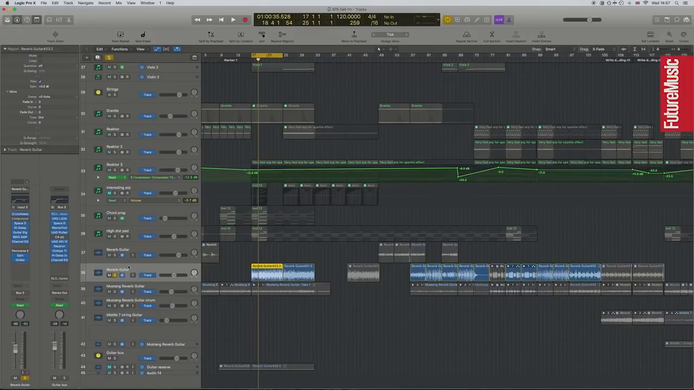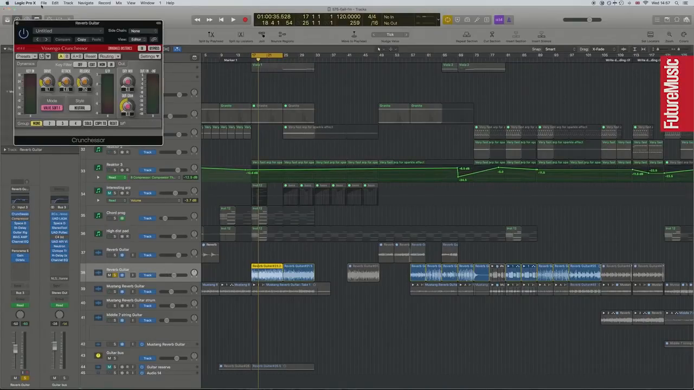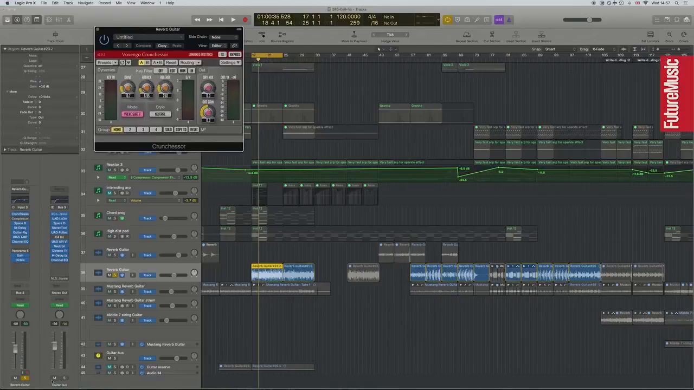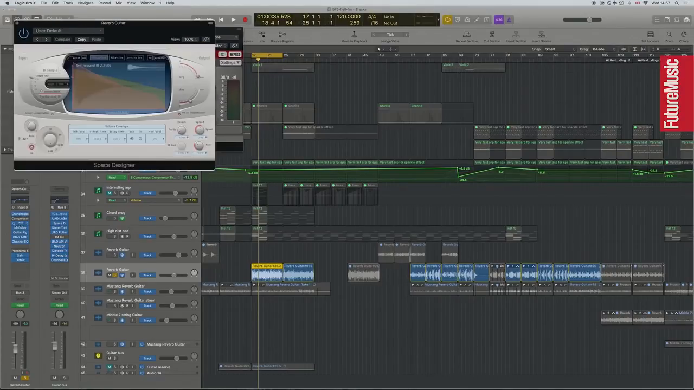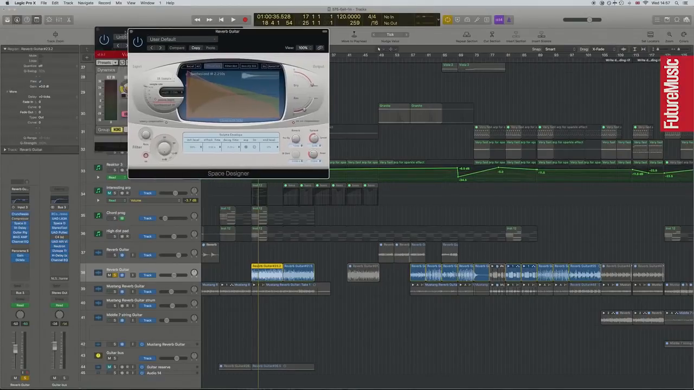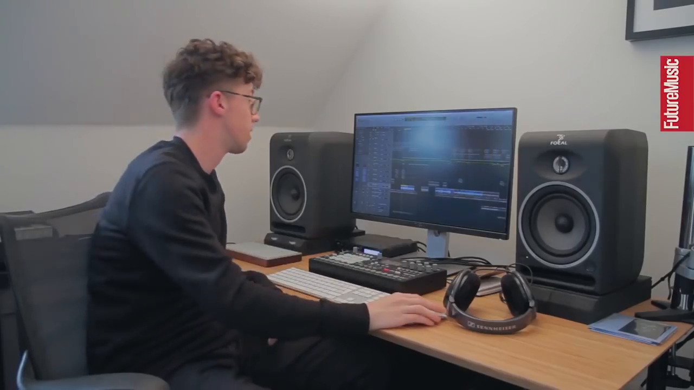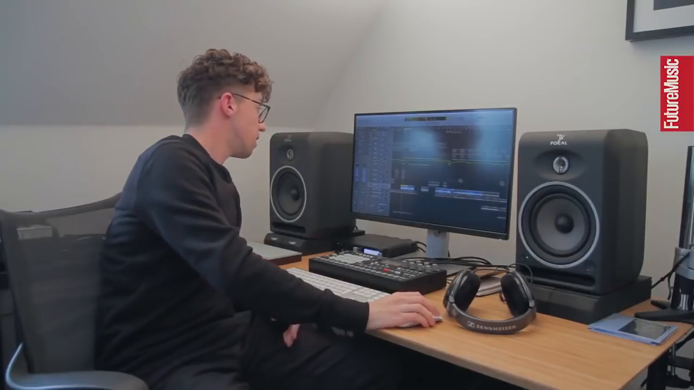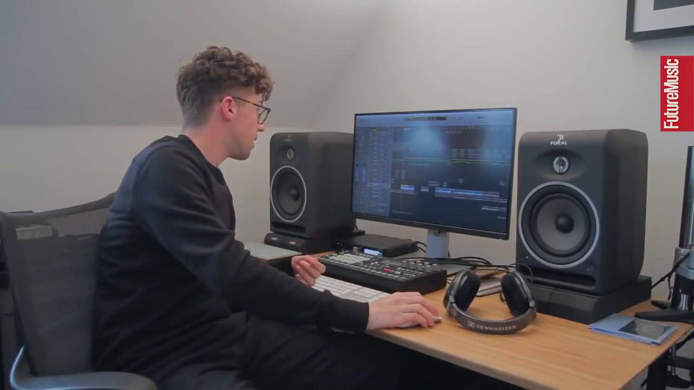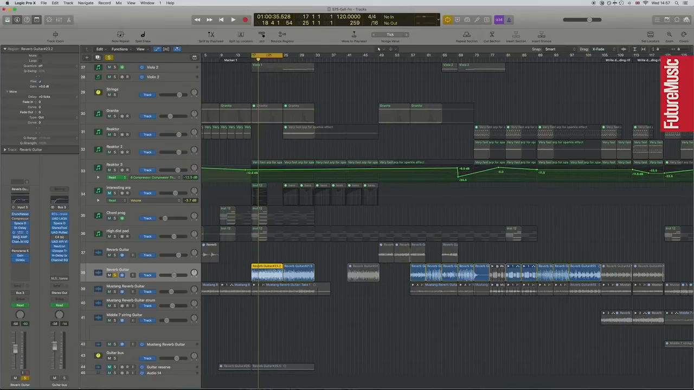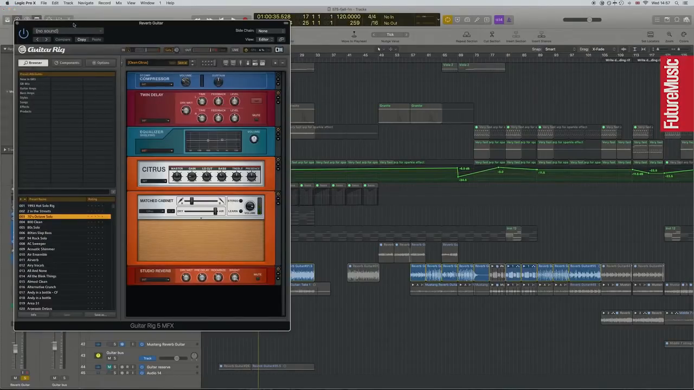So looking at this particular one, using the PRS, it goes into the Crunchessa for a bit of compression, then goes into a Space Designer for more reverb. I think we're seeing a pattern here across all the tracks I'm working on in this project. Then delay, and then for the guitar amp modelling, I often start off with Guitar Rig,